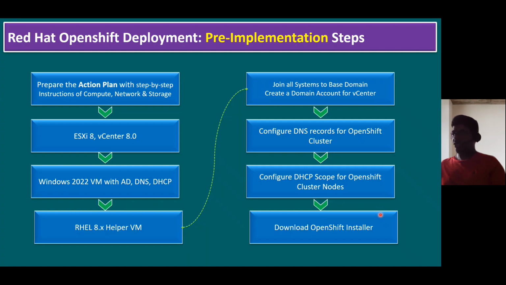Okay, and another thing, as part of the pre-implementation steps, we have to configure DNS records for the OpenShift cluster, and this portion I will show you in the subsequent video. And even configuring DHCP I will show you after DNS. I will show you how to configure the DHCP scope, and finally we can download the OpenShift installer. With this step, our pre-implementation steps are completed. Okay, so now